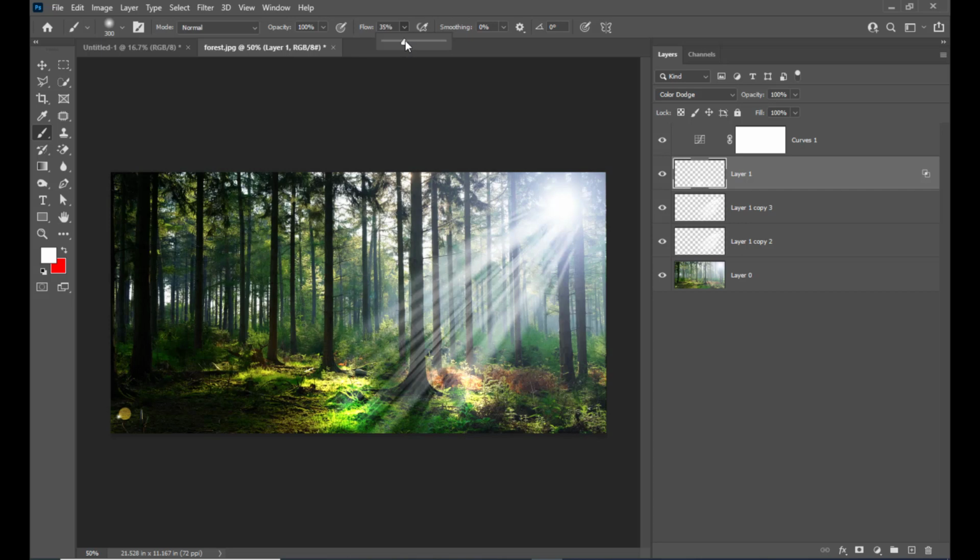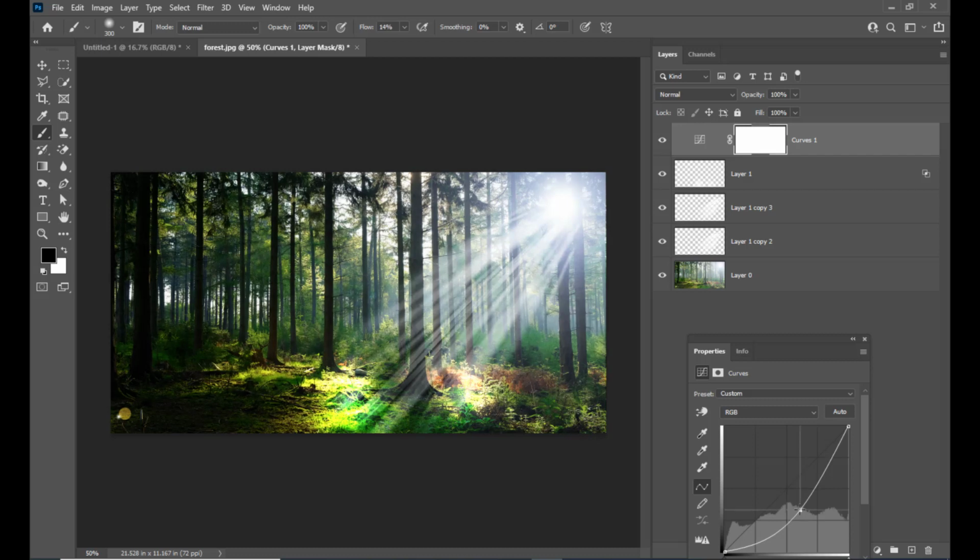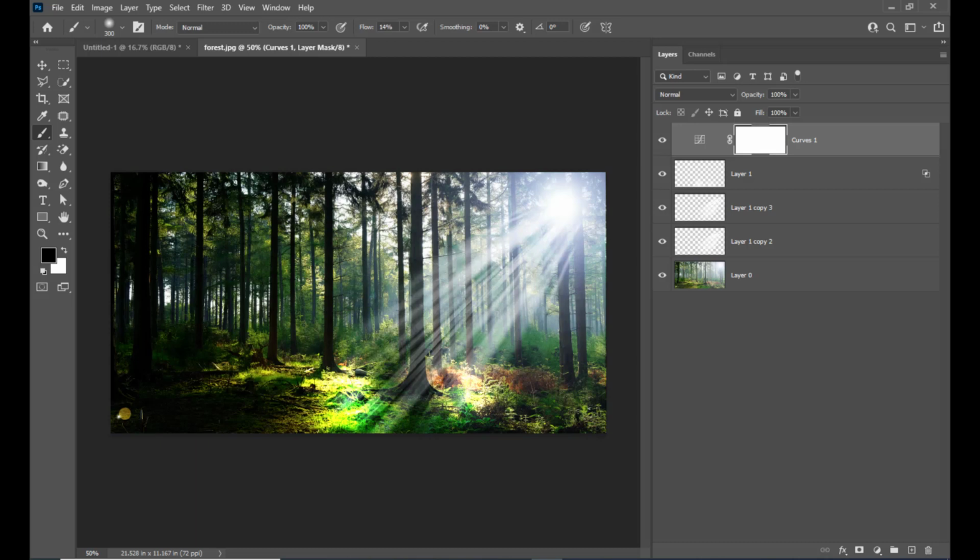And in case we think that the lighting is too much, we can slightly reduce the flow value. So something like this, right? We don't have to make it too artificial. This looks better, right? And we can also slightly reduce the curves adjustment values, so that it looks more bright. And one last thing we can do here is, we will now group these layers,